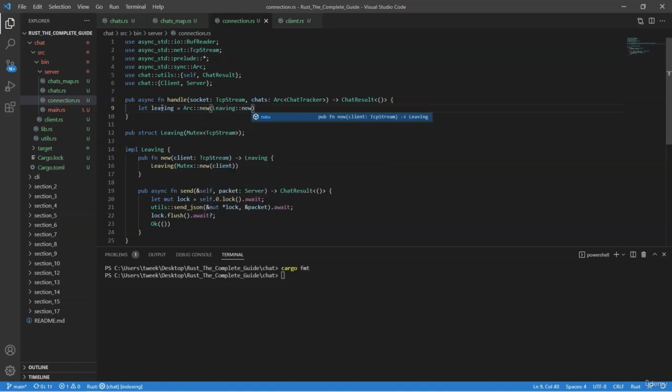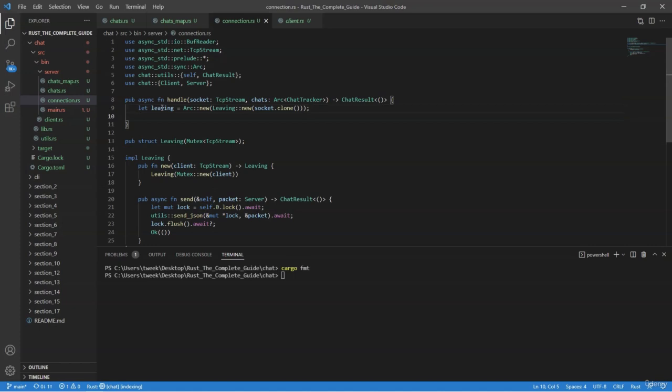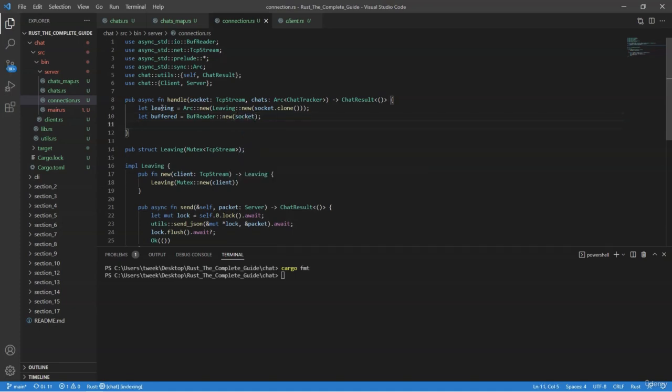So we have a Leaving socket clone. So we have a new atomic reference counter of our Leaving struct, excuse me. And now we're going to create a buffered reader, BufReader::new on our socket, and then from the client we want